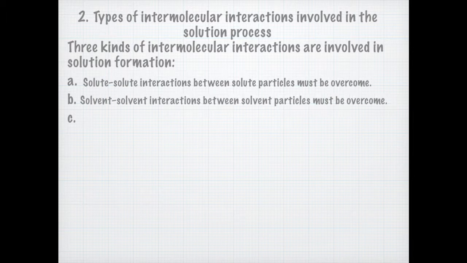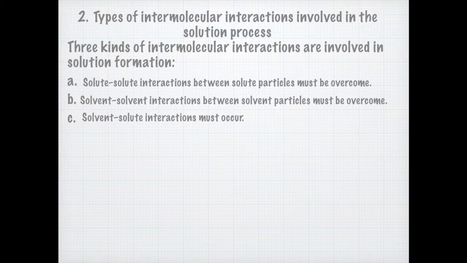Now, if you take that solute and you dissolve it into a solvent, the other type of interaction that must be overcome, that must be broken, is the solvent-solvent interaction. So, for example, if I'm dissolving it into water, water molecules are attracted to one another. And therefore, the attraction of water molecules for one another, that hydrogen bonding, also has to be overcome. So you've got to put energy into breaking the solute-solute interaction and the solvent-solvent interaction. Now, that energy requirement is offset by the attraction of solvent and solute molecules for one another. So if that attraction is large enough, that will actually offset the energy that was required to break the solute-solute